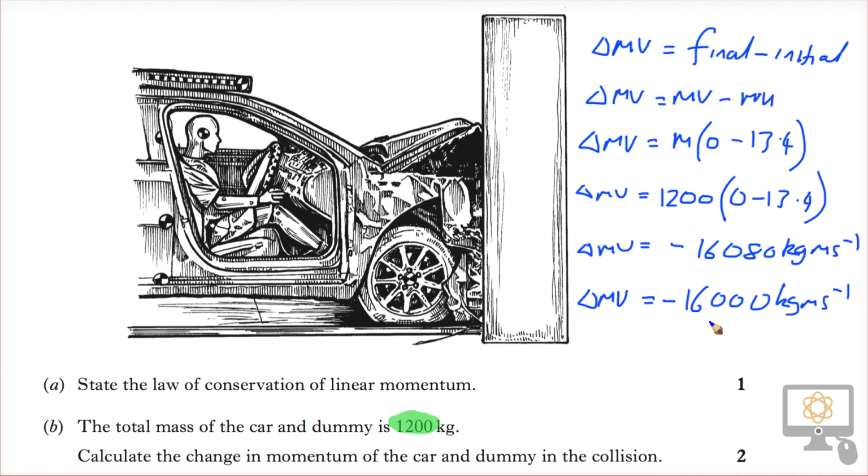So a couple of points here, just to be clear on. You must use the symbol delta, or at least say you're calculating the change of mv. If you just write mv on its own, then arguably that could be defined as the final momentum. So you definitely can't write that there. It's very important, and I'll underline this, the delta to denote change in is